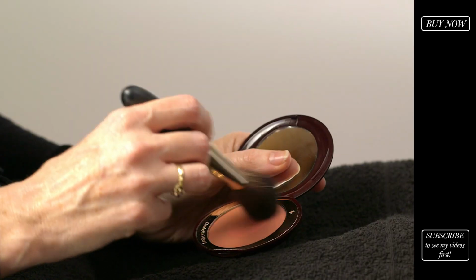As a final touch, I'm going to add my Cheek to Chic blusher in Ecstasy. And I'm going to take the outer circle and swish in circular motions and upwards, and then pop, literally dab of colour. This is the gorgeous Golden Goddess daytime look, and I'm now going to show you how to dial